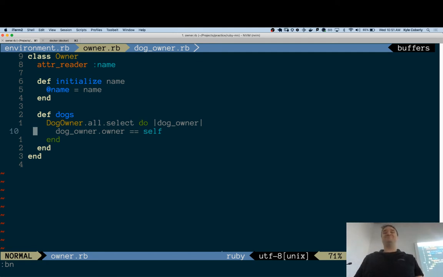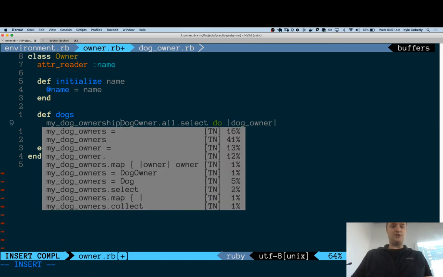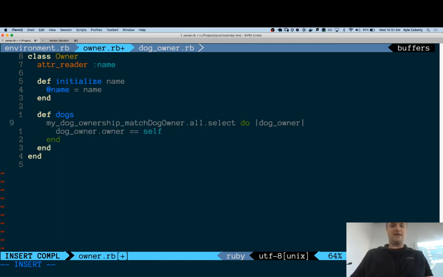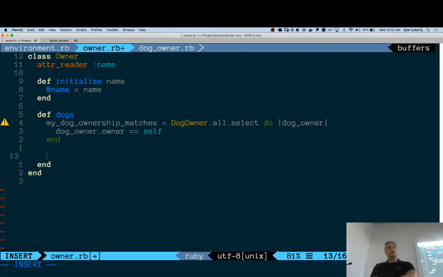Class method. Very nice. Okay, so we'll say this, my dog ownership matches. Great variable name. Okay, so I've got all of my dog ownership matches, but that's not what I want. What do I want? That dog. Yeah, I want just the dogs from that.